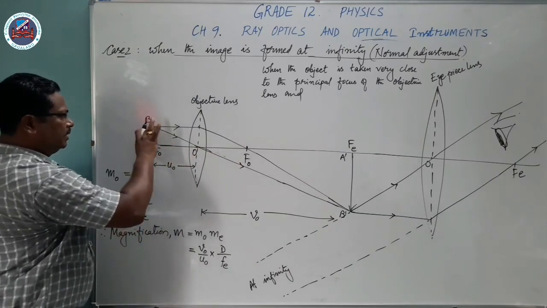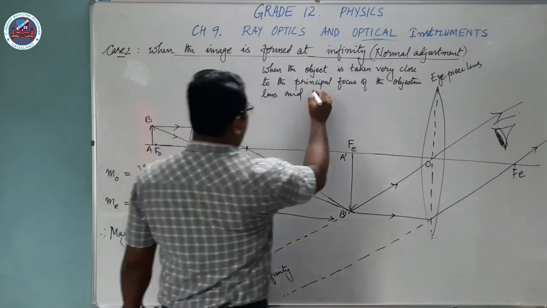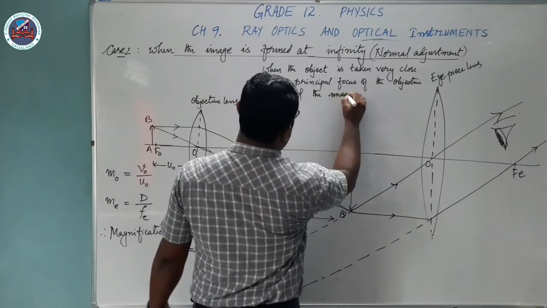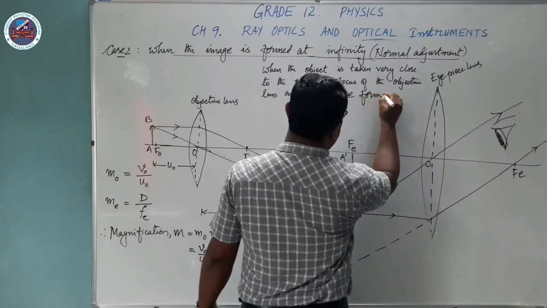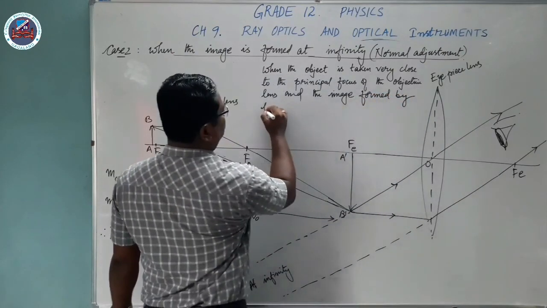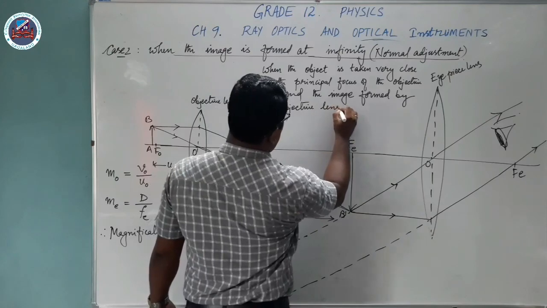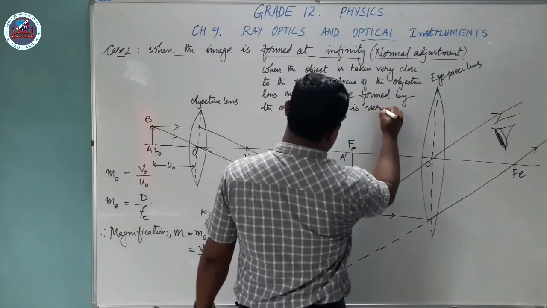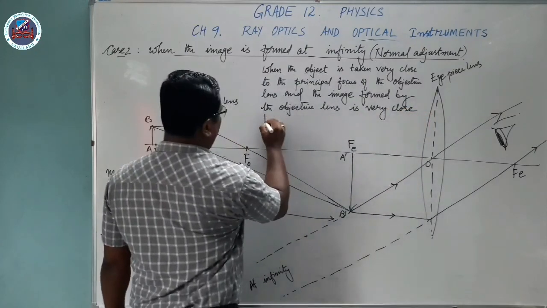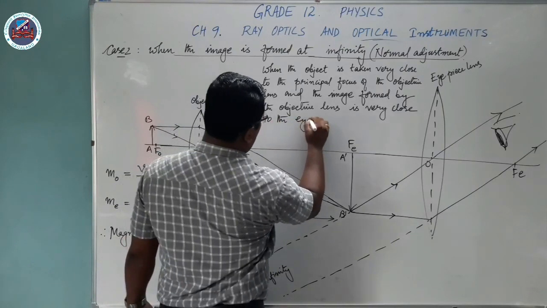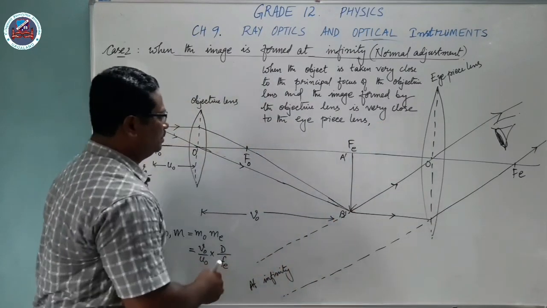If the object is taken very close to the principal focus of the objective lens and the image formed by the objective lens is very close to the eyepiece lens, then